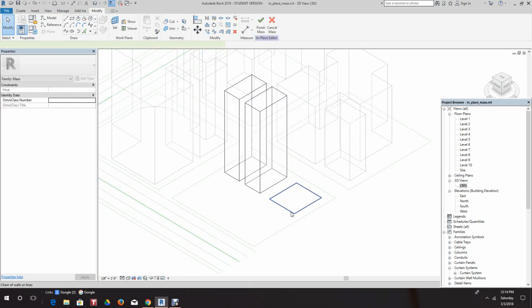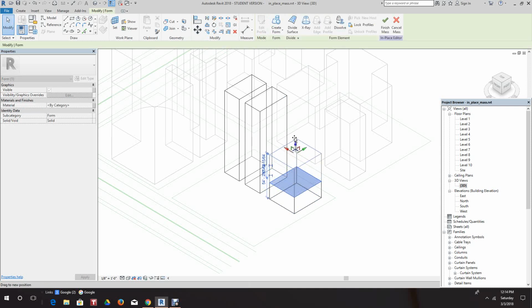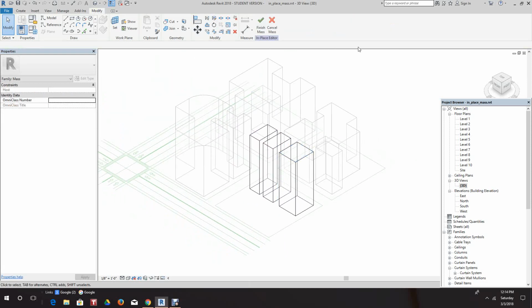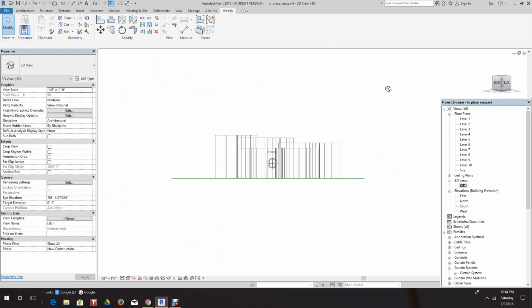And then we'll grab this guy. And we'll also create solid form and go up to 100. So I'm going to pick finish. And there you have solid forms